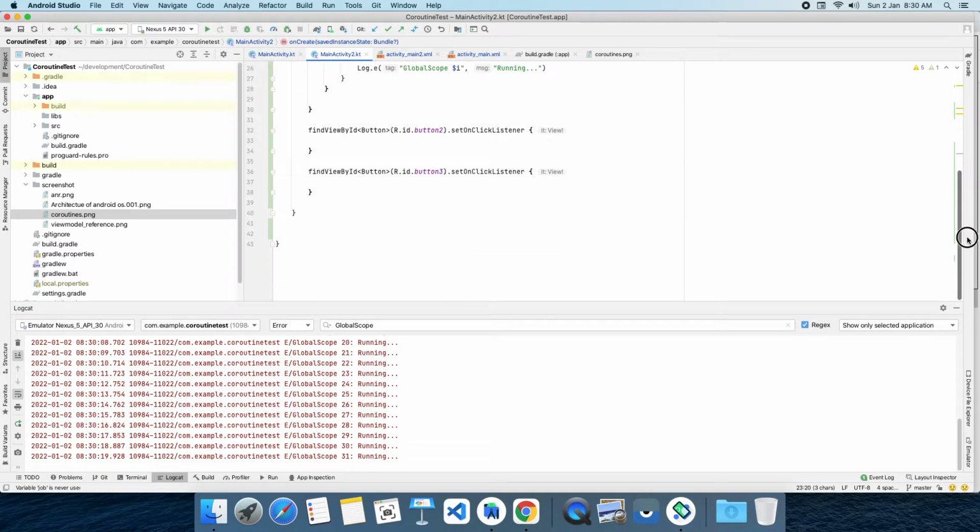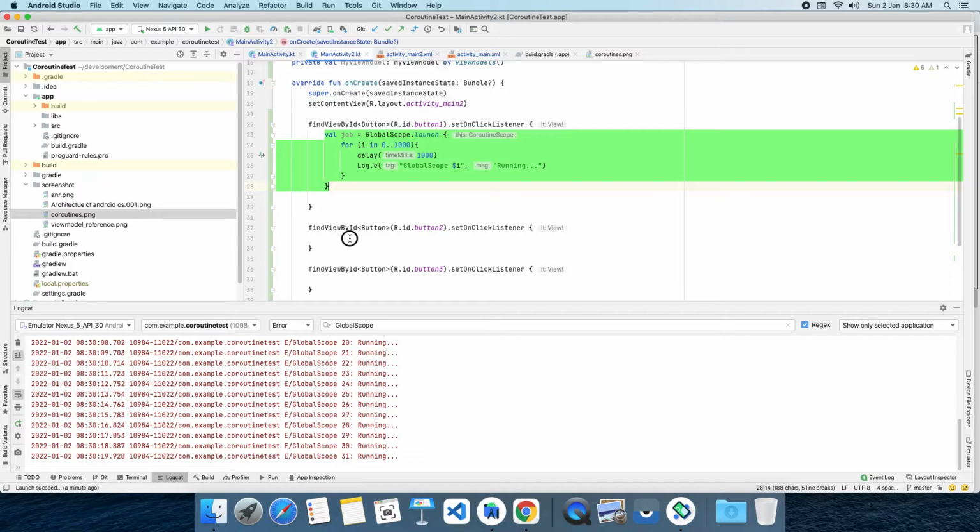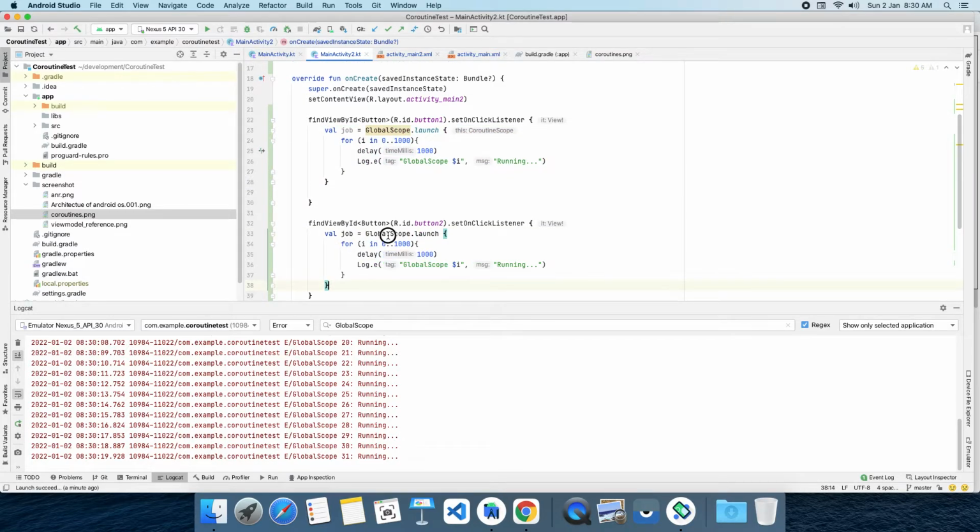Now take a scenario. In case you want to run a job that is specific to a particular activity, what should I do? I'm going to copy the code and paste it in the second button. Instead of global scope, now I'm going to launch a job in our activity scope.